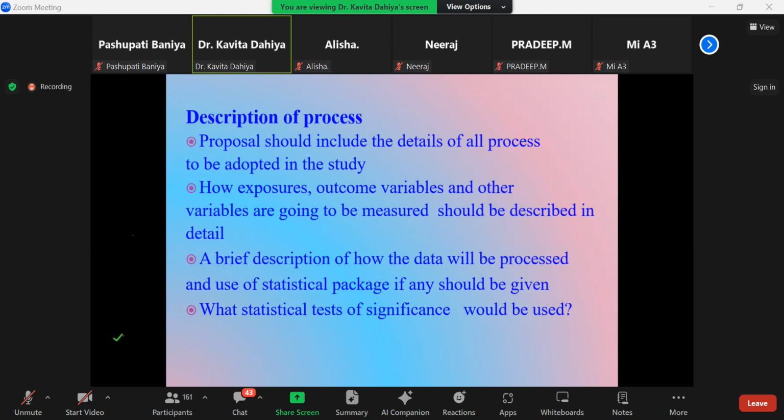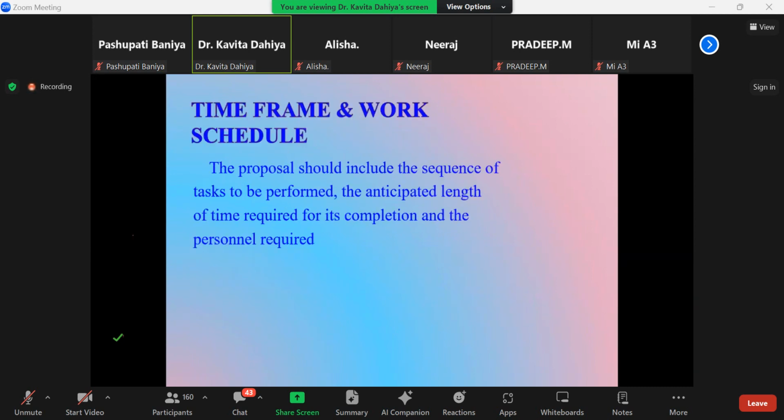A brief description of how the data will be processed and use of statistical package, if any, should be given. What statistical test of significance should be used? It means all these questions need to be answered first. So, time frame and work schedule,